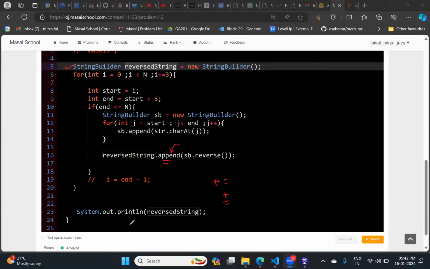Yeah, thank you, Abhishek. Rajat, are you there? Yeah, sir. Sometime before, sir, you used the line 19 statement and also the for loop statement i plus equal to 3. At that time it will be i plus plus. It was i plus plus, and the 19th statement is also there. So you will get the output. If you don't want to use this, you can also do i equals to i plus 3 over here. That will also work here.